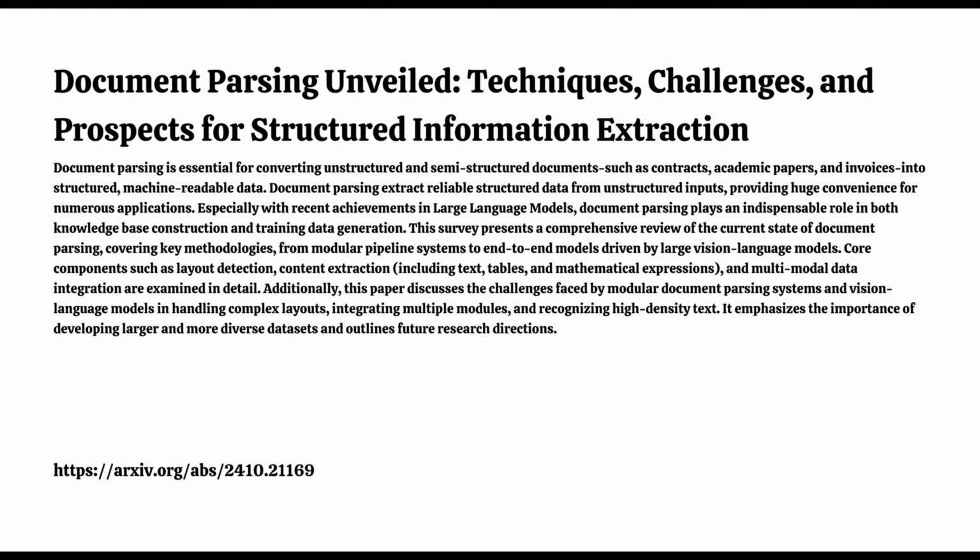But datasets alone aren't enough, right? We need ways to measure how well these AI systems are actually performing. That's where those evaluation metrics we mentioned earlier come in. Exactly. Evaluation metrics are like the scorecards for document parsing, helping researchers assess the accuracy and efficiency of different algorithms and approaches. They give us a way to compare different systems and track progress over time.